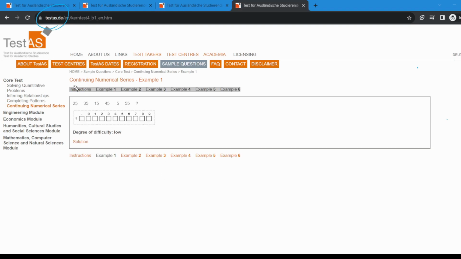Let me take you to our final type of question, continuing numerical series. In this type of question, we will be given a series of numbers and we need to find some pattern between them and answer our question. With experience, what I can see directly here is that it is an alternate series, like there is a connection between the alternate numbers here. So what exactly is happening here? Here 10 is being subtracted everywhere and here 10 is being added.